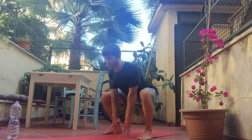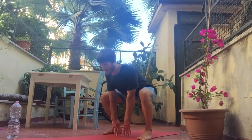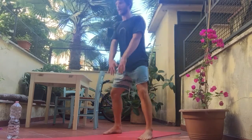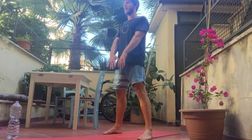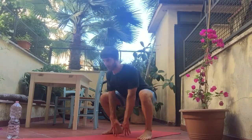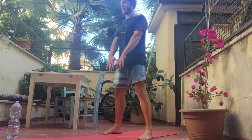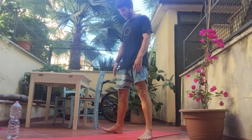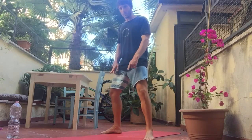Touch, push the knees out and up. Do not vary the head. 2, 3, 4, 5, 6, 7, and 8. We open the feet with a bit of an angle, and now the knees have to really push